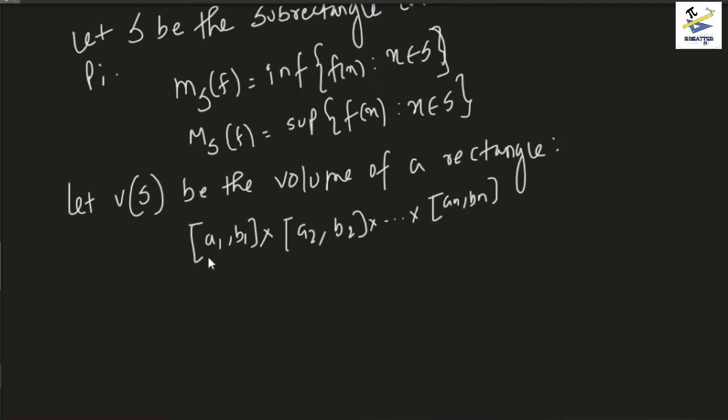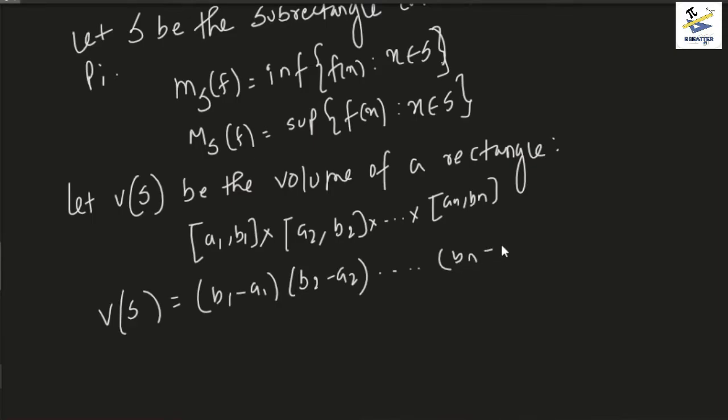So this is the rectangle a1 comma b1 cross a2 comma b2 and all the way up to an comma bn. Now the volume of this is defined simply as b1 minus a1, times b2 minus a2, and all the way up to bn minus an. Okay,